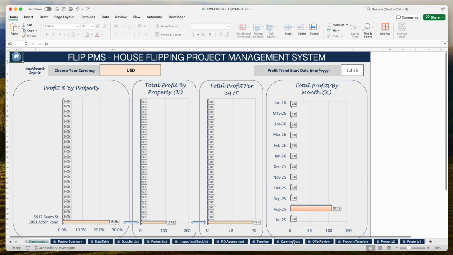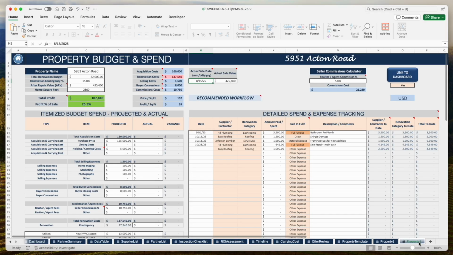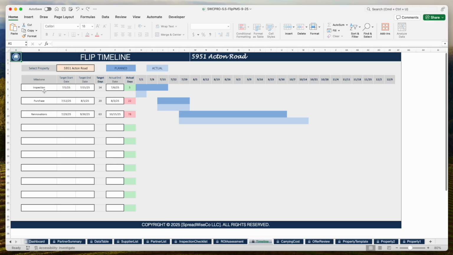Okay, so that's the offer review. Oh, timeline. I don't forget timeline. So while you're in the middle of flipping, or once you've got your budget and all that set up, and okay, now I'm planning my flip, or even technically before, you could do the ROI assessment before you even add it in here, set up a timeline. Depends on how much detail you want to go to. But I've got inspection, purchase, renovations. So you set the timeline up for wherever in the process of the flip that you want to have it. But same kind of thing, you've got a